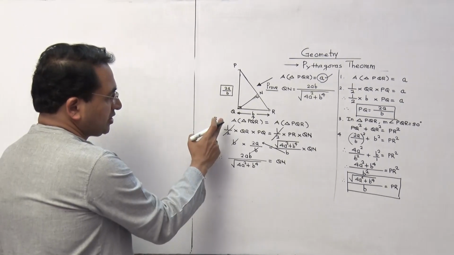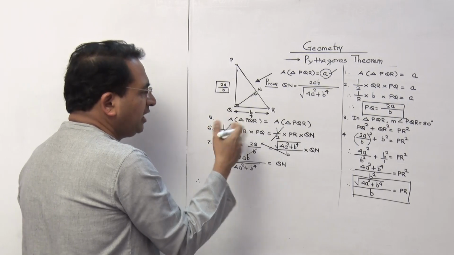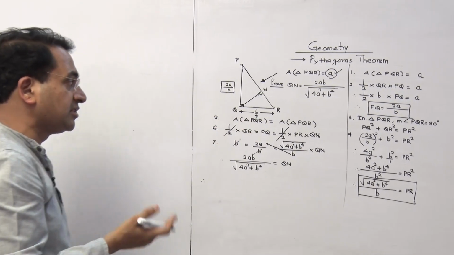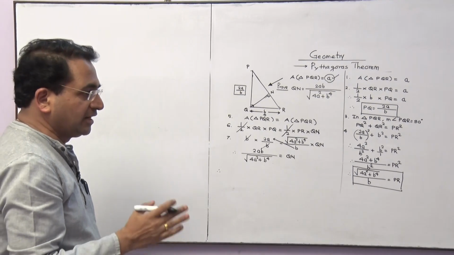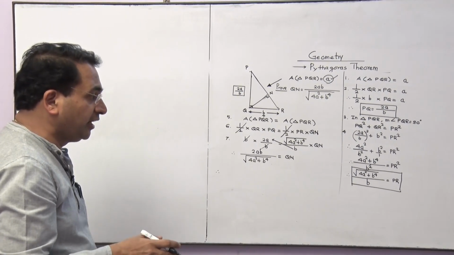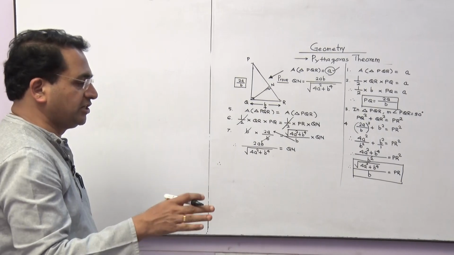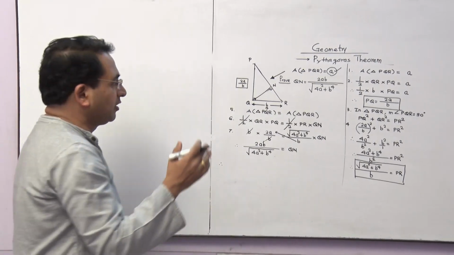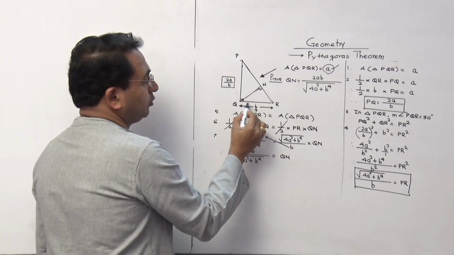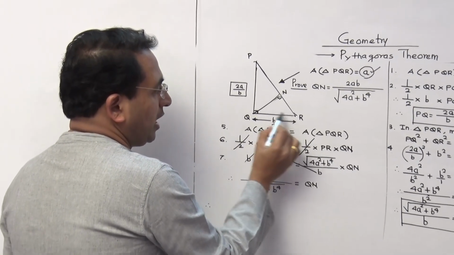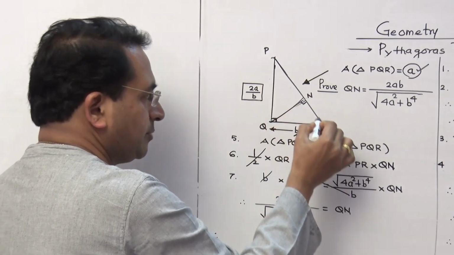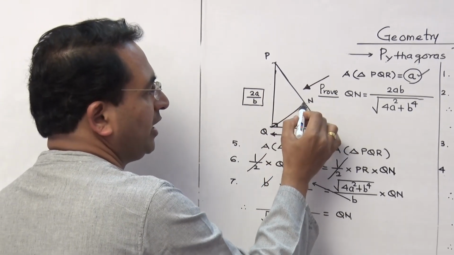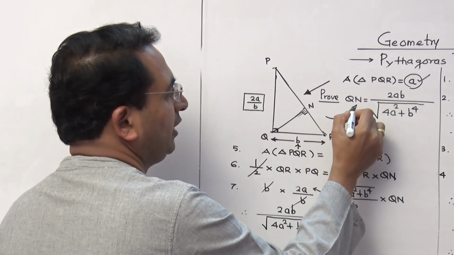See, this logic is different. We hardly use this in geometry, but this is a technique to compare the areas. Triangle area is calculated in 3 ways. The answer will not change; the answer will be the same. But because we are talking about the base like QR, then the height is PQ. And if you consider this as a base, then the height is QN, and you are asked to find out QN only.